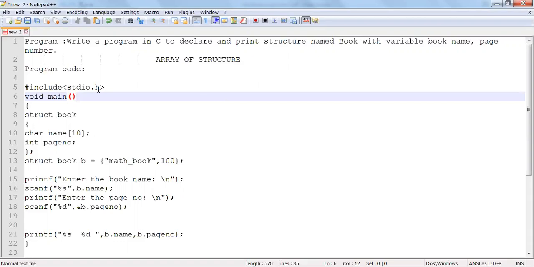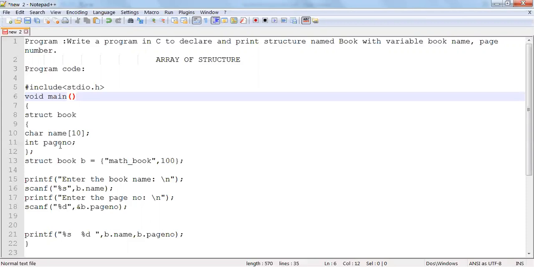So let's start this. We have already implemented it, just a recap of what we have discussed till now. We have created the structure with two variables only. The first one is the name and the second one is the page number. Name is a character array. That means rather than putting a single character, we can give a word using double quotation. We have also done how to create a variable b. So b is a variable having structure type. And what is the name of the structure? Book.